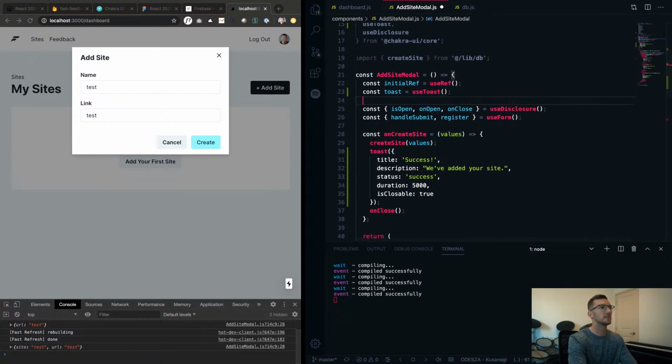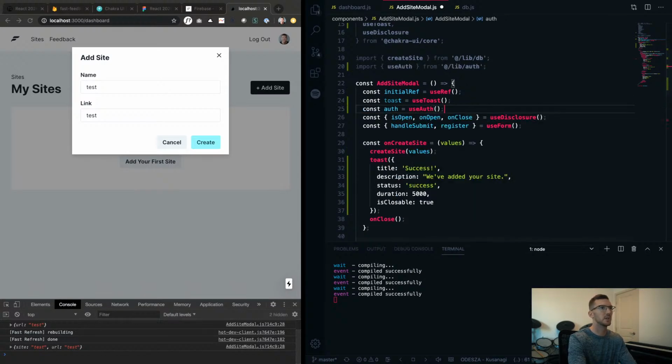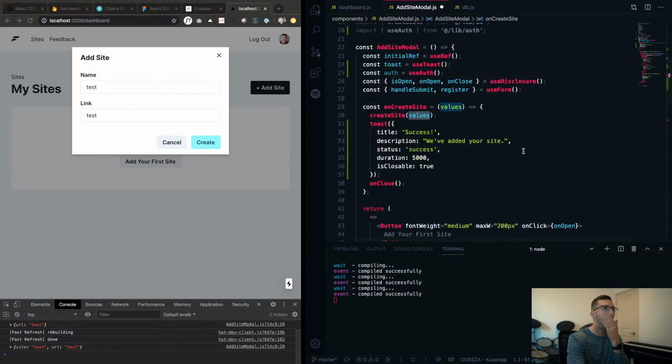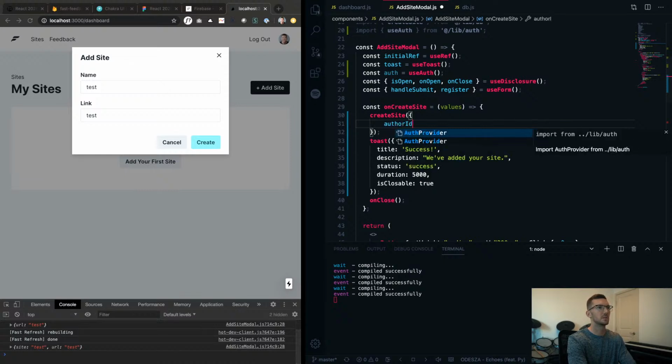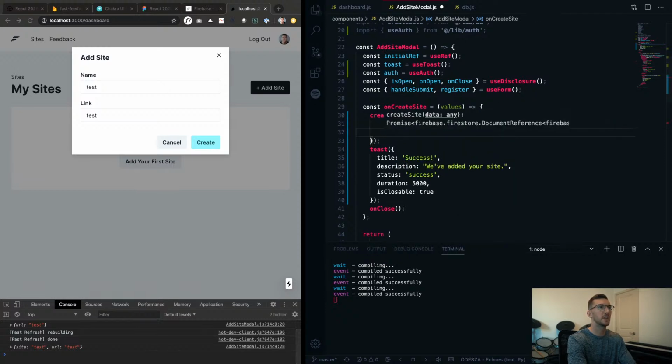So to do that, we're gonna pull in the user information again, and then I want to, because create site is just gonna basically forward this onto the database, I'm going to say the author of this site is going to be auth.user.uid, I believe, and then